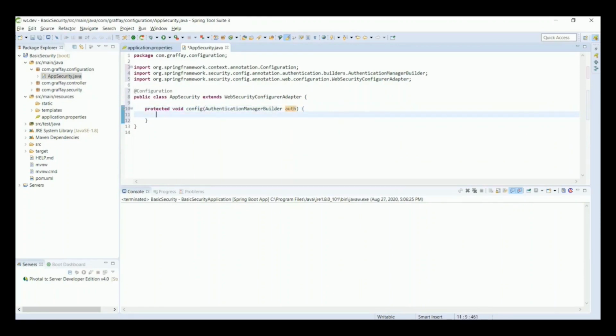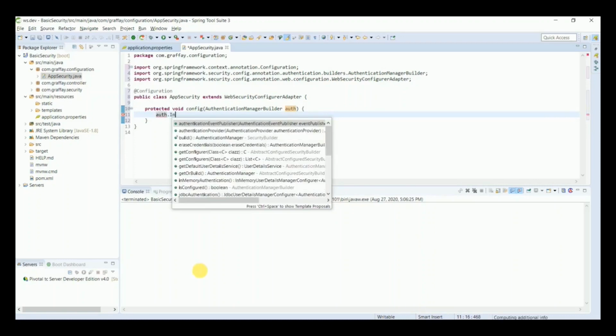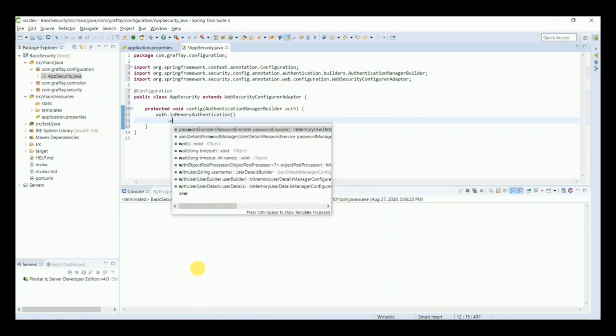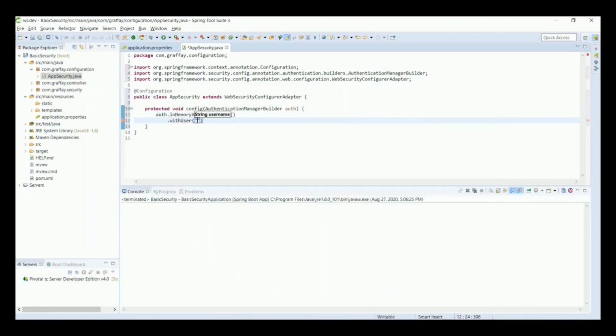It is to this authentication manager we will add in-memory authentication. auth.inMemoryAuthentication().withUser("Saran") and a default password. As we are not providing any encryption, we will prefix this password with noop. So noop is nothing but no operation, which specifies that we are not using any encryption.